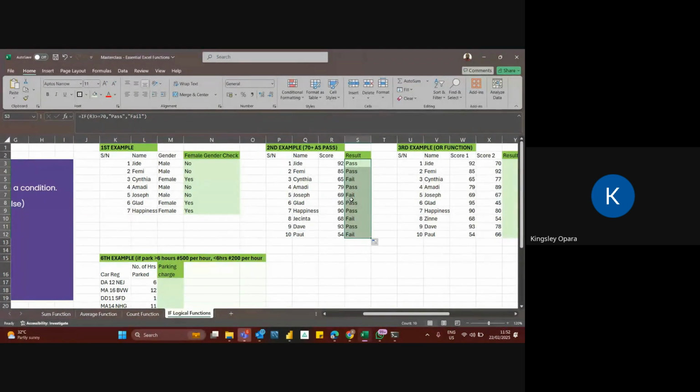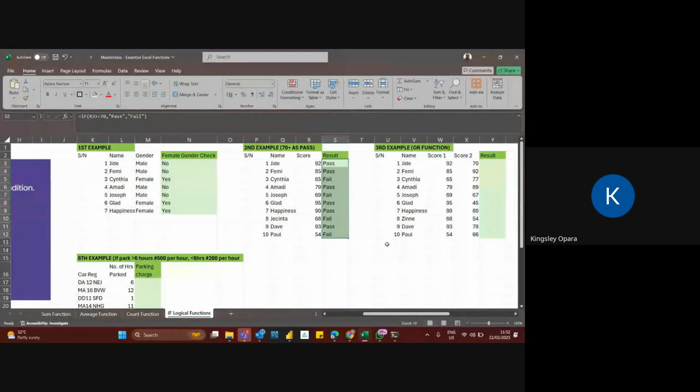How would that lecturer go about this if he doesn't know how to use this simple IF function? You can imagine how stressful it would be to start checking line by line, who has scored 70, who has not. In one click, you can get all of this.